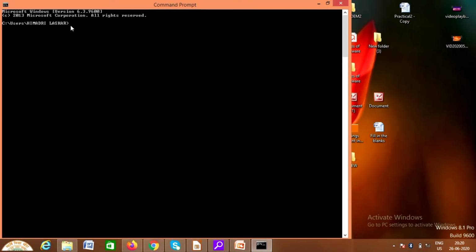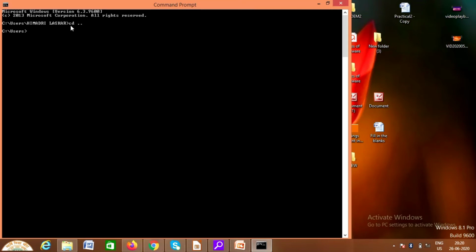Now using the graphical interface with the mouse, we can just close and we can come out. But how to come out here? For that there is a command needed, that is cd. C means change, D means directory. Here we do not say folders, we say directory. So we will do cd, then give a space and dot dot. Dot dot means it will change directory, it will come out of one folder.